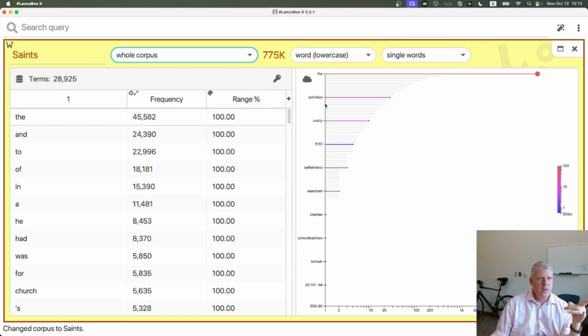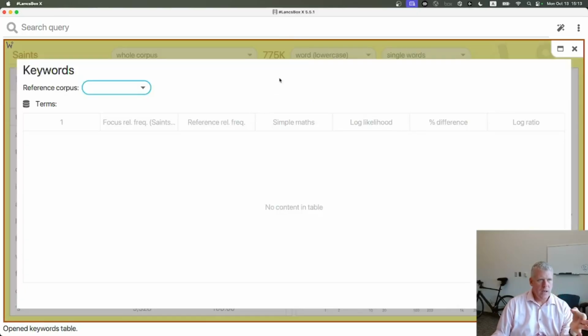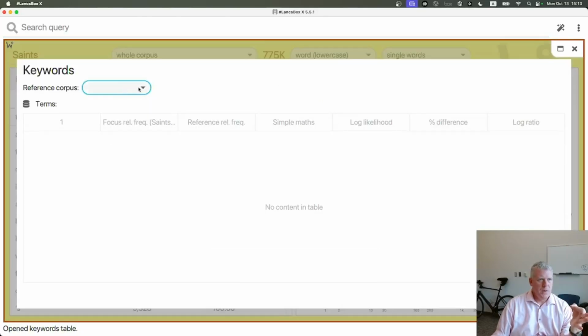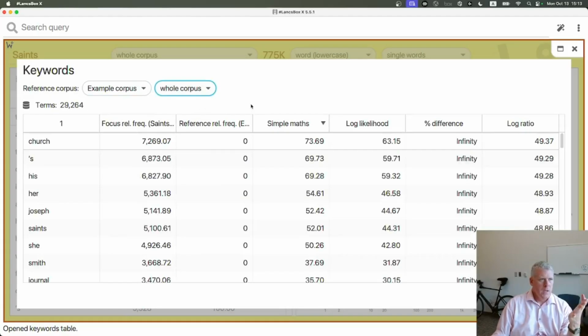And you come over to the key icon there in the top part of my screen, right there. Okay. And then you specify a reference corpus. In this case, I'll just specify the example corpus, the whole corpus. And then it gives you the keywords that appear in Saints more frequently than expected in comparison to what you'd expect given the example corpus in